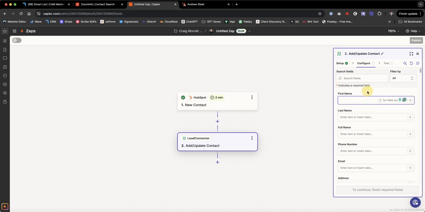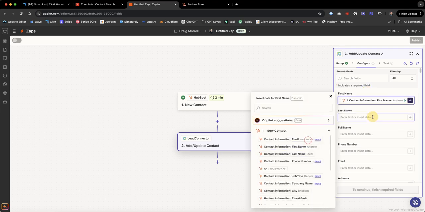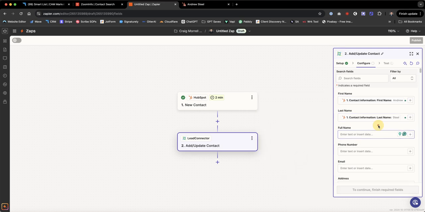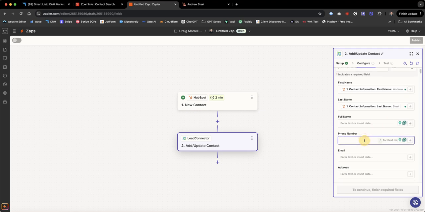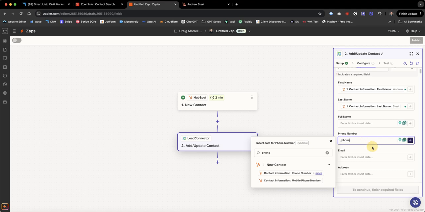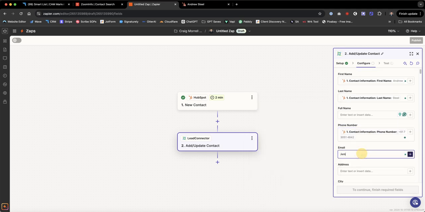Now, the latest update with Zapier makes it a little bit quicker. If we just know the information, it's helpful. So we do slash Andrew, there's his first name. Last name is Steele. Add that in. We don't have to do full name. That's fine. And if you don't know the names, that's okay. You can literally just type what you're looking for: phone, email,